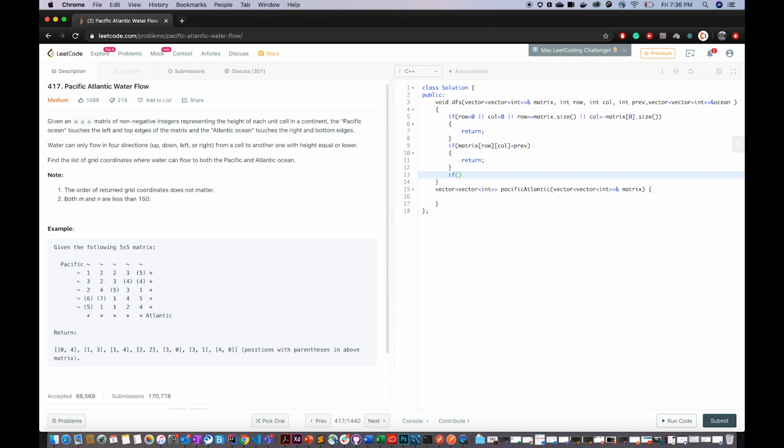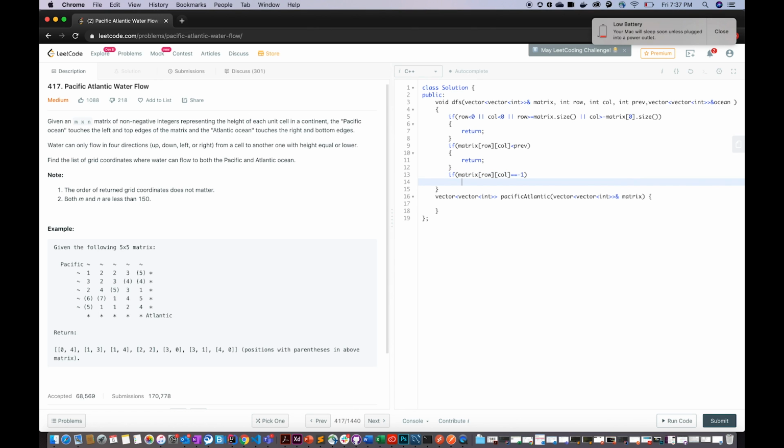Next up is checking if we've revisited any node. That is, from one node, if we've gone to the second state and then we're coming back to it from the DFS call, we should not traverse it again, right? So we should return in that case as well. So if matrix of row and column is equal to -1. Now why -1? -1 is specifically chosen because it's non-negative integers, right?